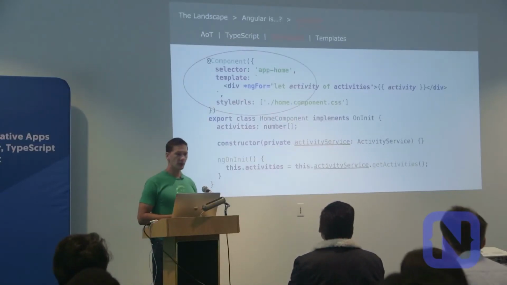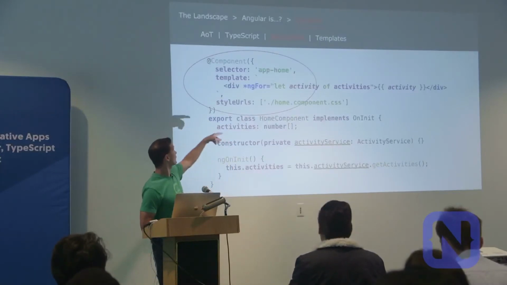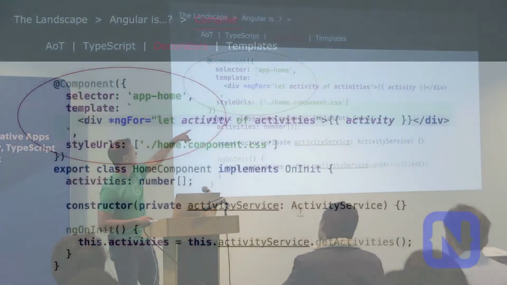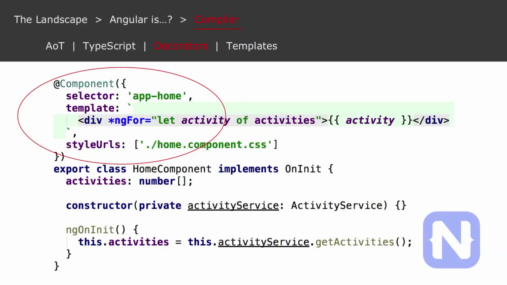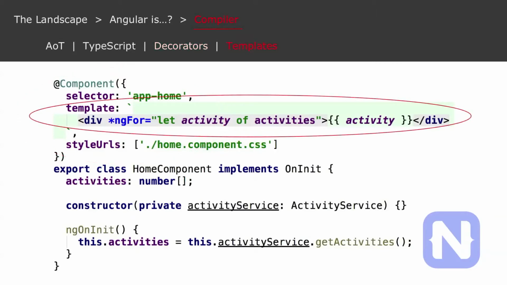Same thing with the component decorator. For people that aren't familiar, the at thing is a decorator. It's not a normal part of JavaScript, although it's proposed for a future version, but it is part of TypeScript. And Angular leverages it mostly for metadata about components. But in the AOT compiled code, none of this is there. It's all transpiled down to much more optimized code, especially when it comes to templates. So there is a big difference.